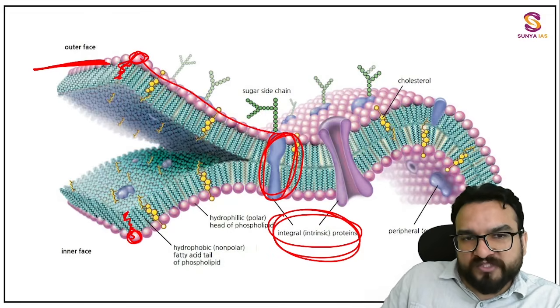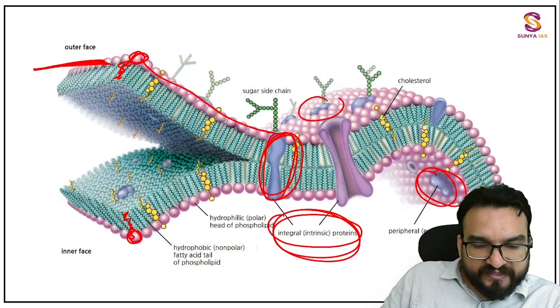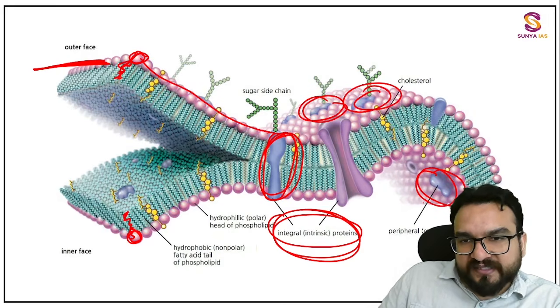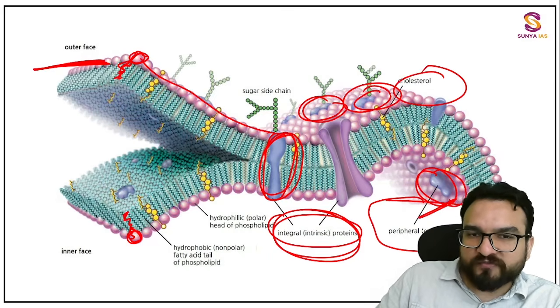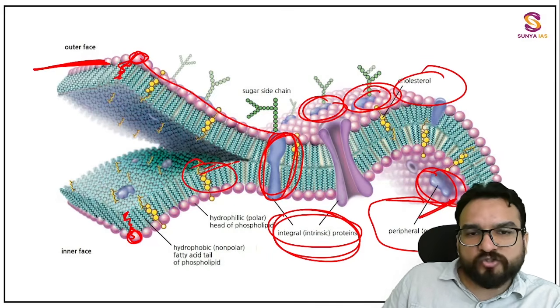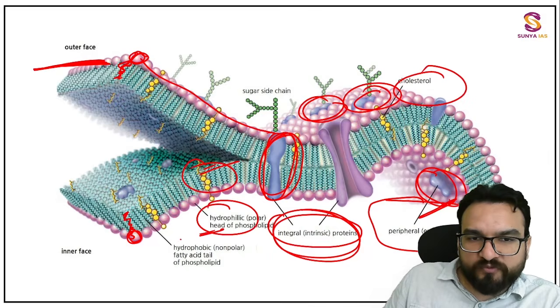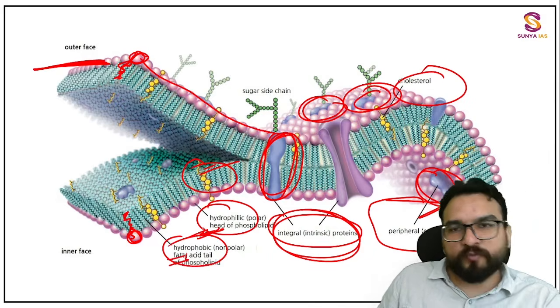Then the proteins which are on the surface over here like this, like this, like this. These are known as peripheral proteins. They have explained this also. Then the rest is cholesterol over here, these are also attached. This I have already explained, hydrophilic and hydrophobic end. ये आपको mention करना पड़ेगा.